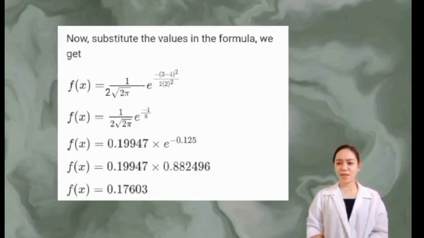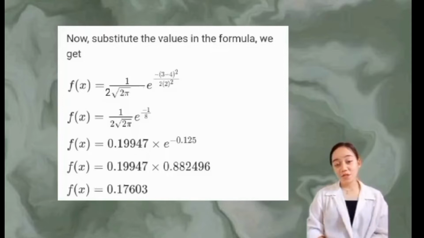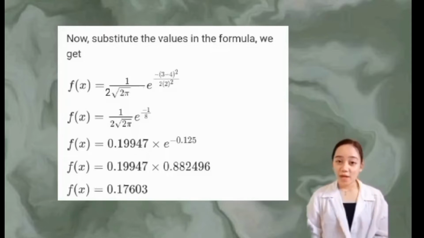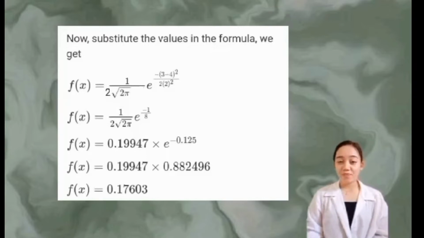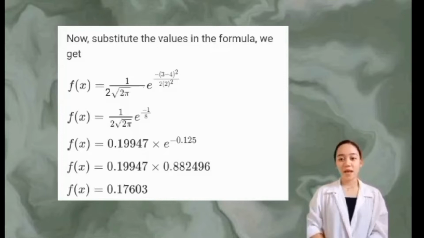So this aman ni pud gikan ning 2 squared, ma'am. Gikan ra na siya sa standard deviation or the value of our lowercase sigma is 2. Kani pwede ra ni siya kaning 2 squared pari-pariha ra ni siya sa variance, di ba? As you can remember from our past discussions, variance is just equal to the standard deviation squared or the lowercase sigma squared. Okay, so after substituting the values, we can now easily solve this